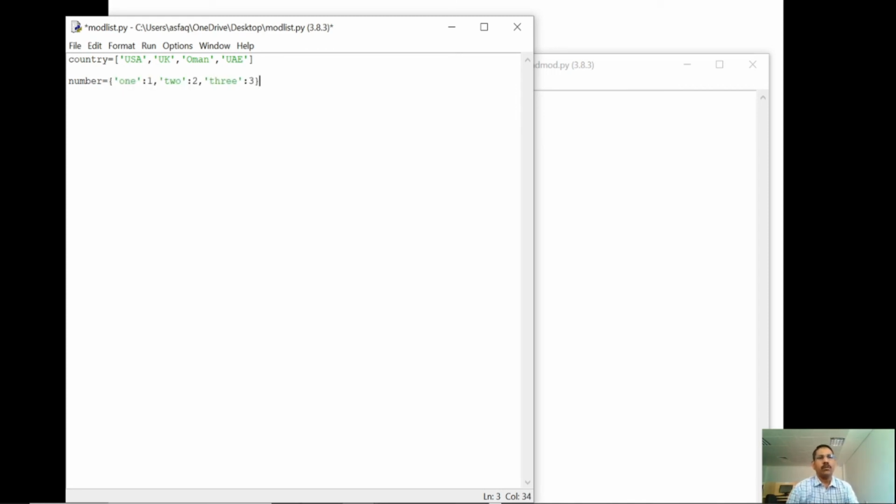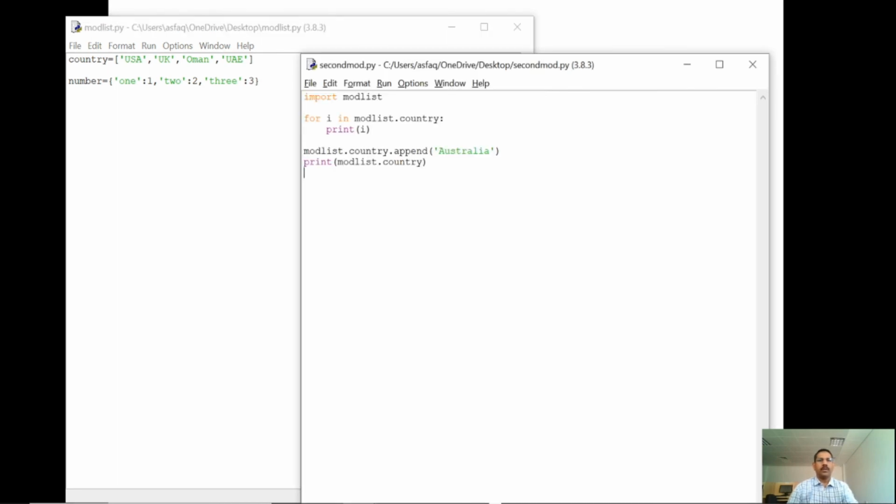Now I'm going to access only the numbers. I don't want to access the country. How is it possible? Just save it and go back here.